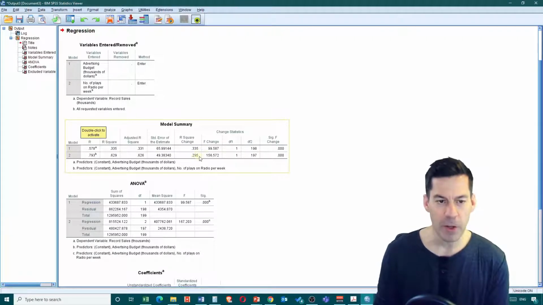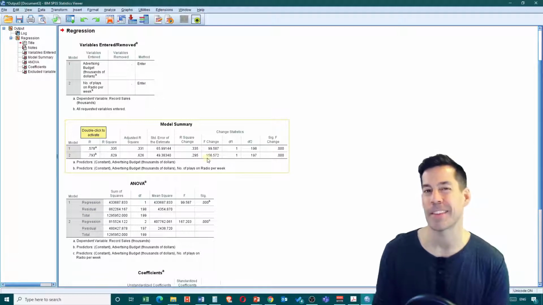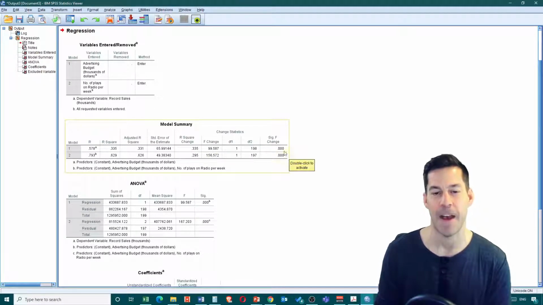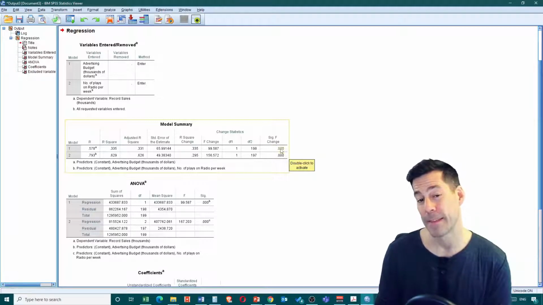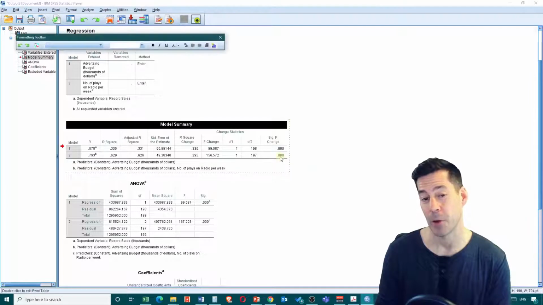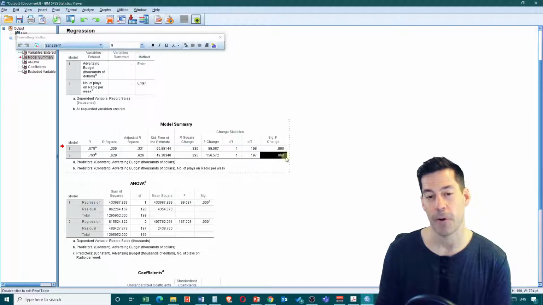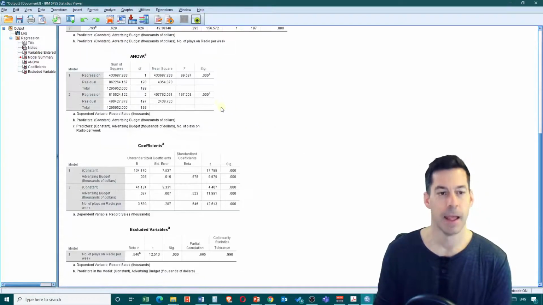Interestingly, we see an F ratio of that change. It's the same thing we saw in JASP, and we get a significance value of less than 0.001. Now, remember, it says significant F change 0.000. I can double click on this, and I can actually hover over and select to see what that actual value is, which is 8.09 times 10 to the negative 27. Okay. And we see for model 2, our regression equation is significant, F ratio of 167.203, and a significance